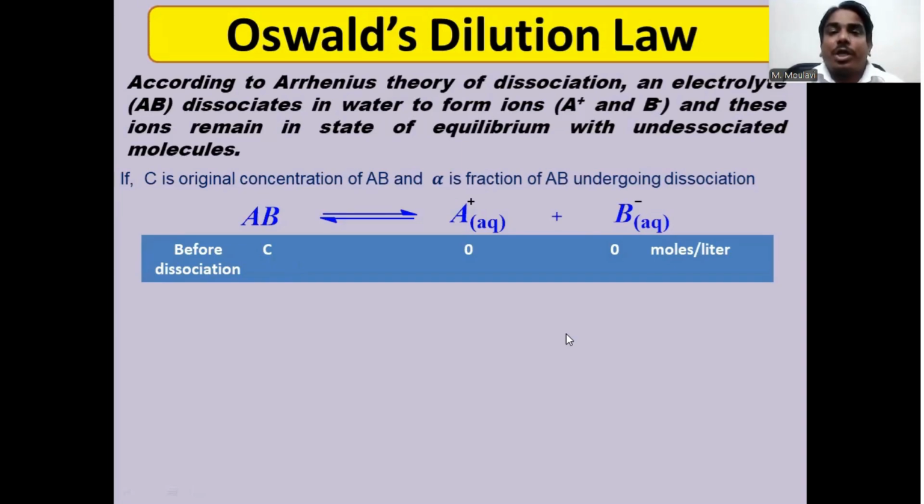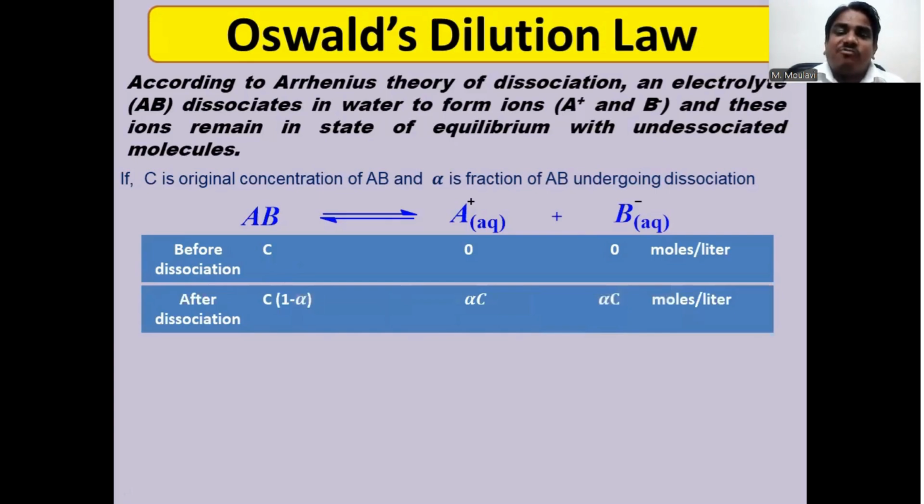When the dissociation happens, the alpha fraction of the AB electrolyte undergoes dissociation. So C into (1 minus alpha) is the remaining concentration of AB electrolyte in moles per liter at time t, while the concentration of A+ ion is alpha C. Similarly, the concentration of B- ion is alpha C. So, according to Ostwald,